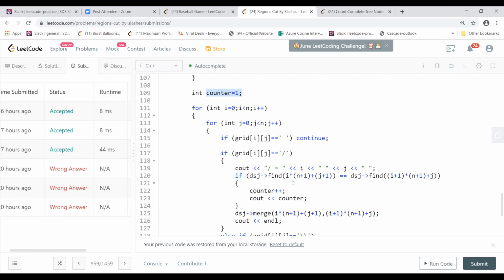Yeah, it makes sense. Yeah, clever. Because in that case only it will divide the region into 2, right? Yeah. And counter one is like we already have a whole area, and now the slash is dividing it, so we get a new area. So that's okay.